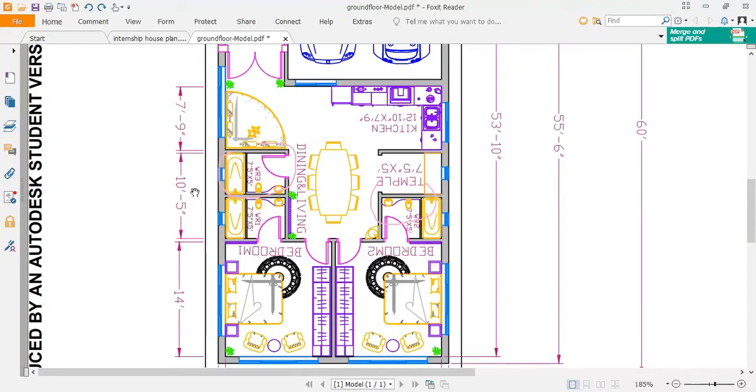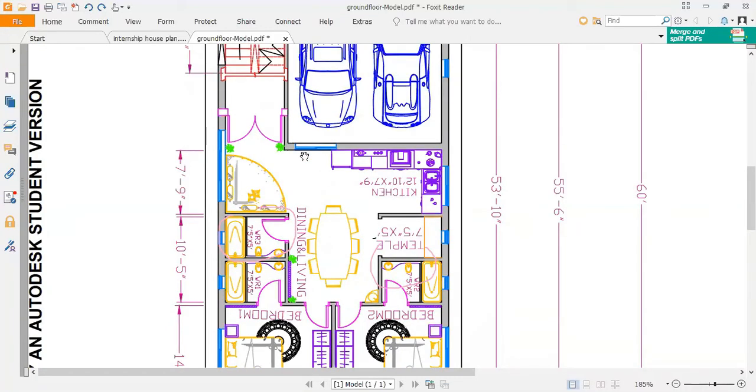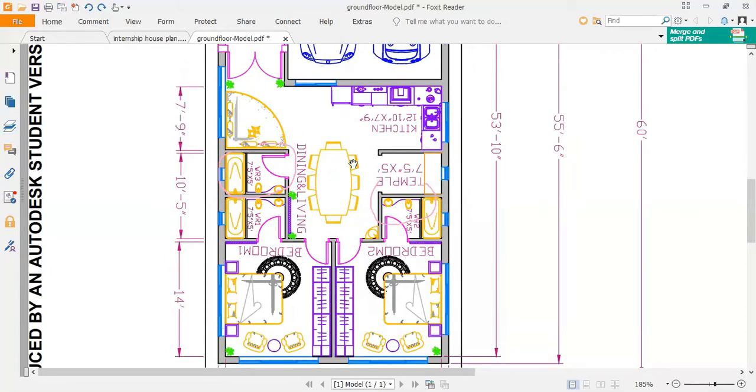See, maybe your furniture is in such a way that it will look clumsy. That is fine. But at that time, you have to create some kind of contrast, some kind of colors, so that maybe this dining table is still in this place, but it is not giving a clumsy look or feel to the whole picture. So what you need to do is match it with the background, reduce its opacity, or change the colors and make it lighter, so that it doesn't give a feeling of clumsiness.